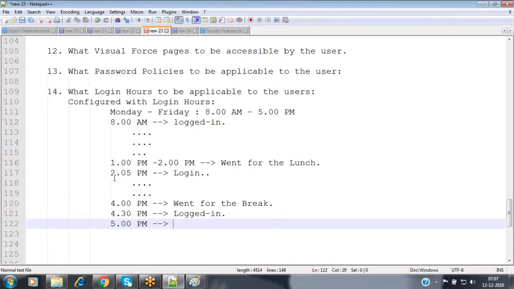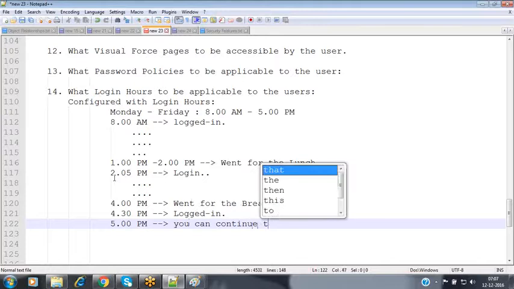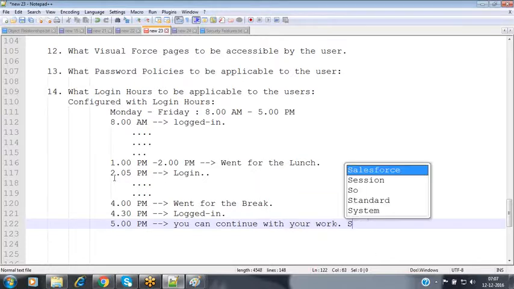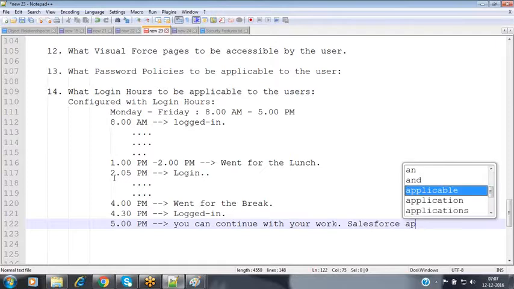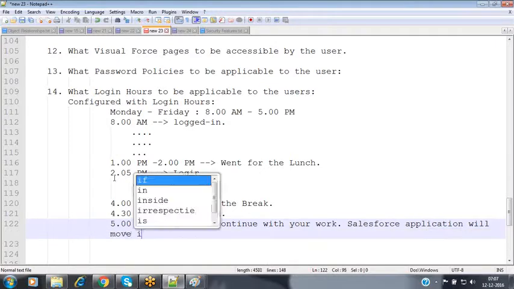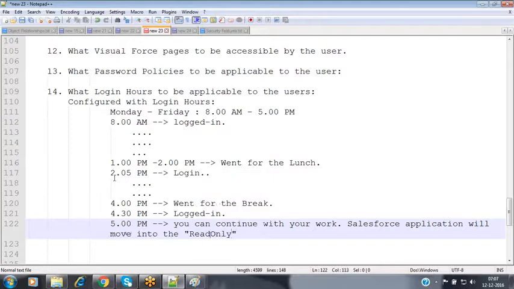Now, in the same way, when coming to Salesforce also, even when the time is 5 o'clock in the evening, you can continue with your work. But at that time, the Salesforce application will move into read-only mode.